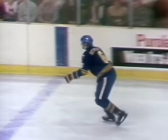Mihailoff off. Here is, I believe, the penalty to Makarov, or on Makarov. He makes a little move, and Schoenfeld kind of gets, well, that's not the play that we wanted there. We thought that we had the penalty. Maybe this is it now when Makarov picks up the puck and he makes the little move. He goes to the outside first on Schoenfeld, then comes back to the inside. Schoenfeld got leaning the wrong way and had to give him a little bit of the stick and arm, and he pulls him down. He's got the roughing call here, and it was 4 men to 3 for the Soviets